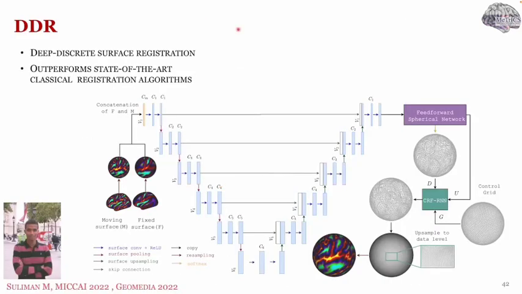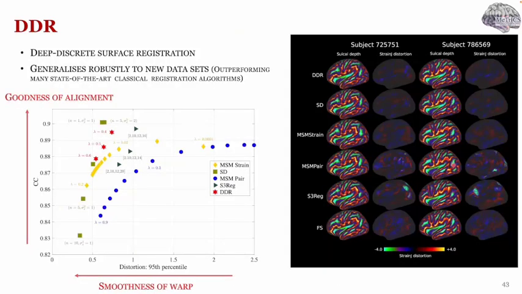of such a tool. Moreover, deep learning is not just for phenotype prediction and segmentation, it can also be used for other image processing tasks such as image registration too, where here I'm showing a learning-based implementation of MSM developed by my postdoc Mohammed Suleiman, known as DDR, which learns mappings in a completely unsupervised way using image similarity measures to drive optimization before outputting a spherical warp which is smoothed with a deep conditional random field, to generate mappings that are both smoother and better aligned than the majority of existing classical surface registration algorithms and all previous learning-based approaches, where here we see that DDR is outputting much smoother warps than a competing learning framework known as S3Reg, equally as smooth as the hyperelastic strain